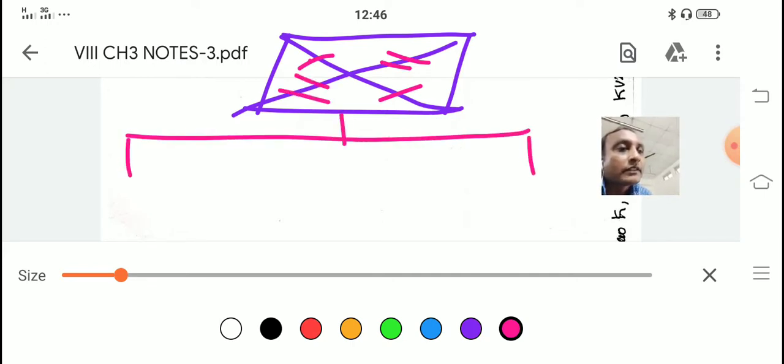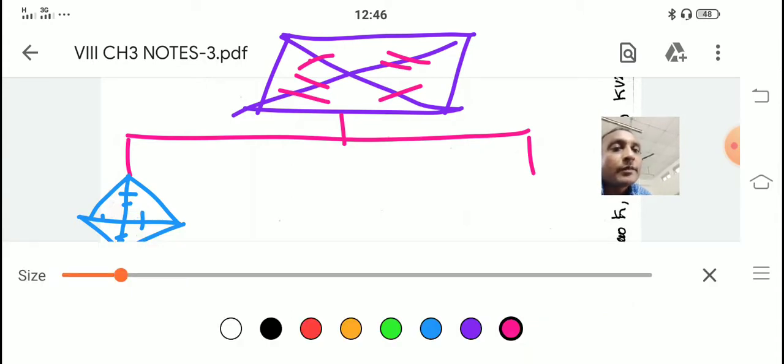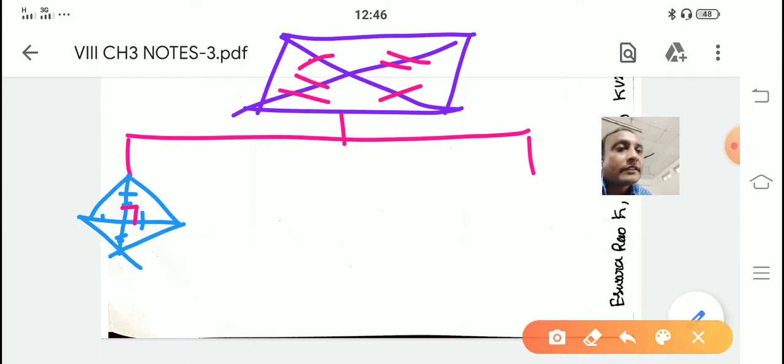Now, rhombus: the diagonals bisect each other as well as perpendicularly bisect, this is 90 degrees. Okay. And rectangle,